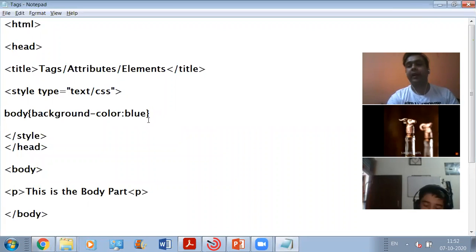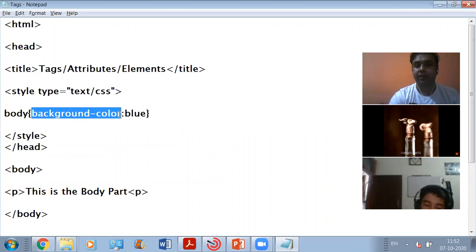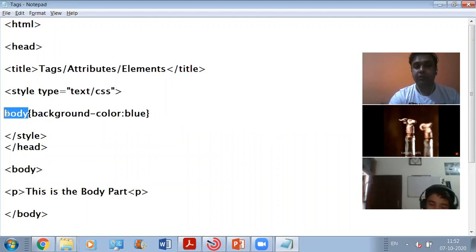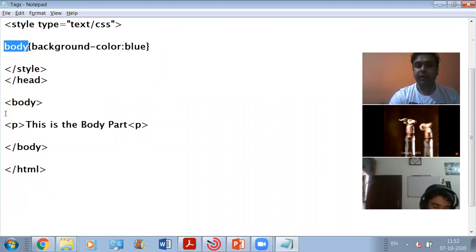So in this way you can use attributes. This is called an attribute. This thing here is what an attribute is, and right now it is enhancing the features of this body tag. Okay, likewise, suppose you want to enhance the feature of this p tag that we have defined over here inside this body tag,